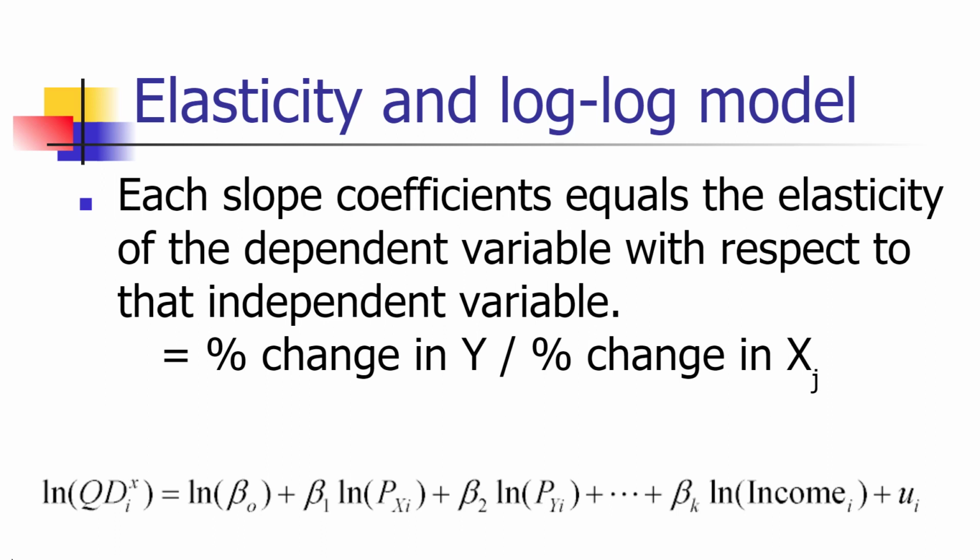The coefficient beta K is a measure of the income elasticity of demand. It tells you the percent change in the quantity demanded that occurs when you change income by 1%. If that's positive, we know the good is a normal good. If it's negative, it tells us the good is an inferior good. If it's greater than 1, we know that the good is a luxury good. If it's less than 1, we know the good is a necessity. When people estimate equations such as this, that's the source of all those estimated elasticities you've seen in prior economics courses.